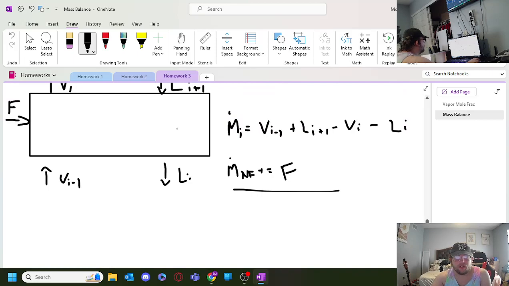And then from there, so we got our mass, or change in moles,